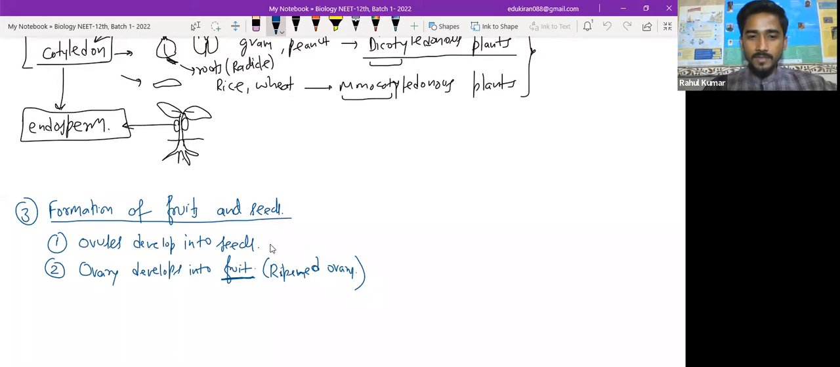Now about fruit, there are two types. When we talk about fruit, the definition is that it's a ripened ovary, but not all fruits are ripened ovaries. So fruits can be categorized as false fruits,